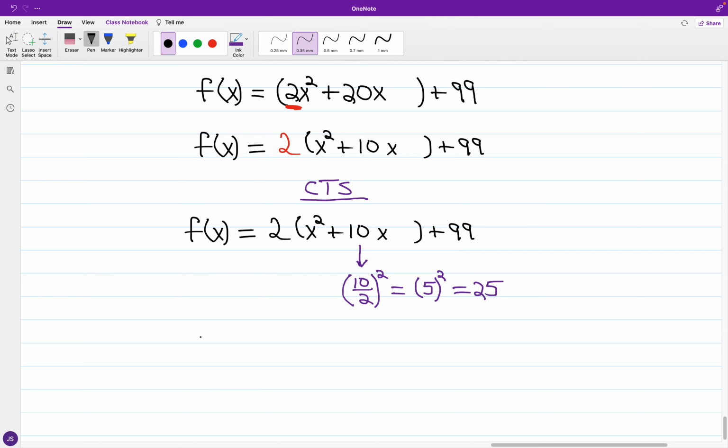Okay, so in the next phase, you have f of x equals 2 times the quantity of x squared plus 10x, followed by the addition of 25, followed by 99. Okay, now